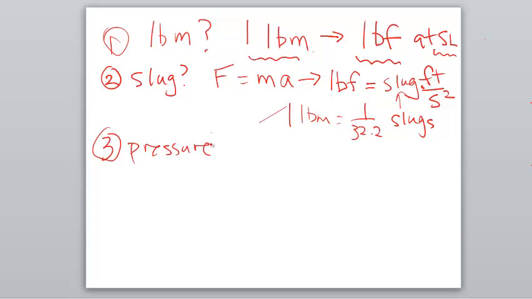Okay, pressure, or I'm going to put stress. Okay, so hopefully you've heard of pressure before, but stress might be a new term for you. But anyway, both pressure and stress have the same units, and they have the units of force divided by some sort of area. It might be a surface area or cross-sectional area, and we'll discuss those distinctions as we go